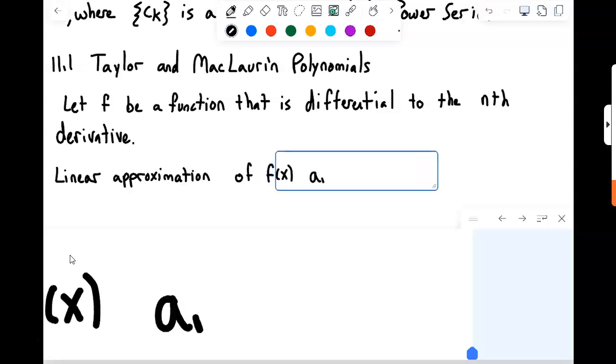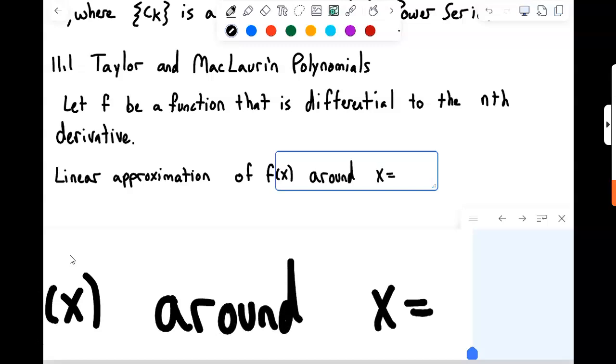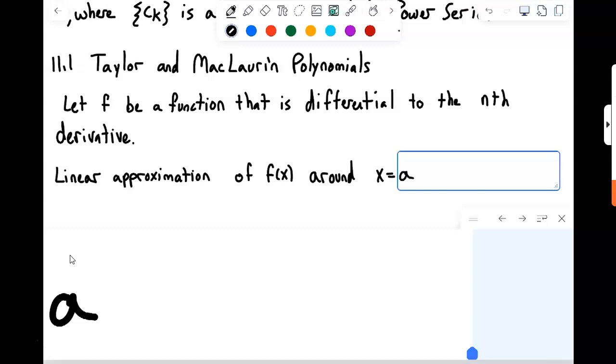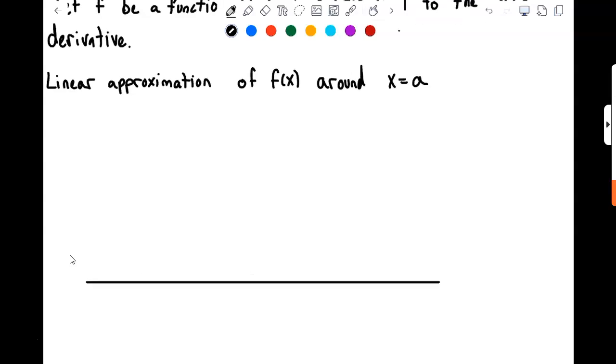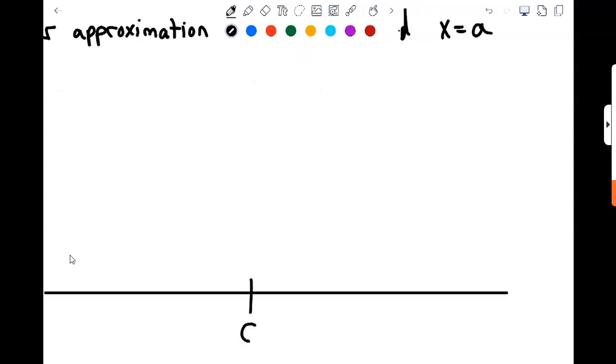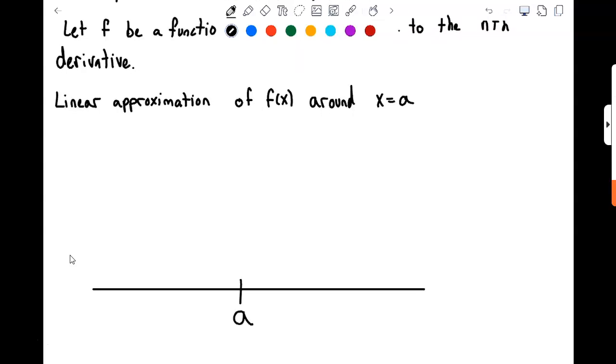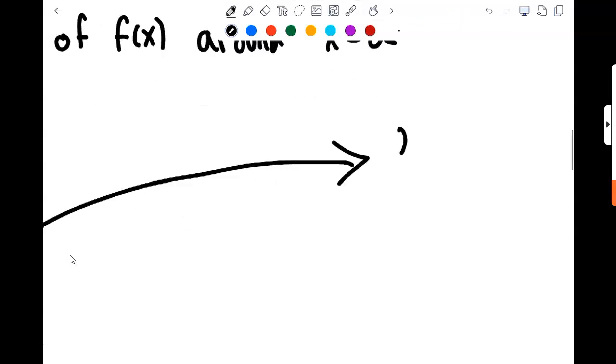So we're going to say approximate around the value x equals a. So the picture we would have is this. If we had some graph, at some point a, and we have some graph that's coming up maybe kind of like that, some function f of x,